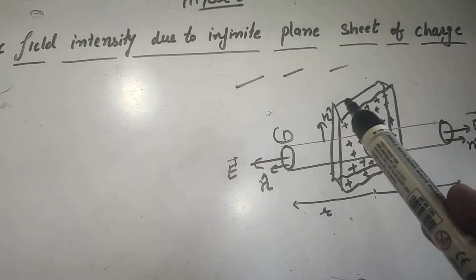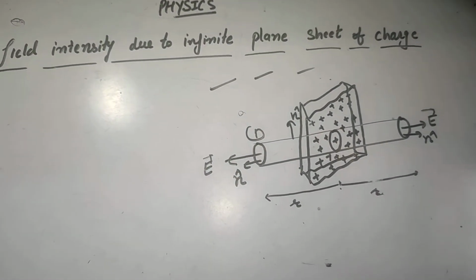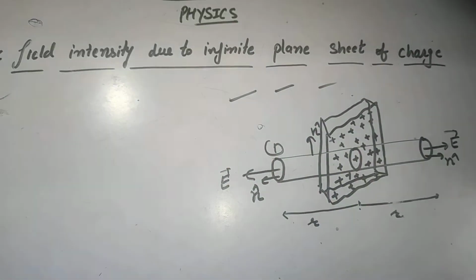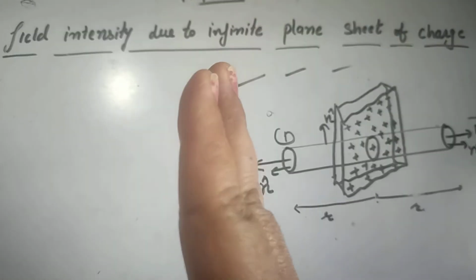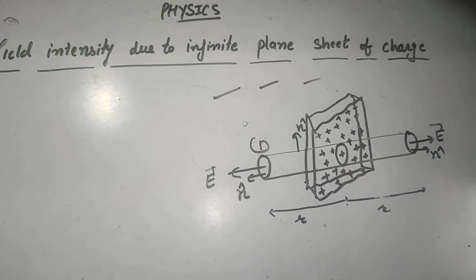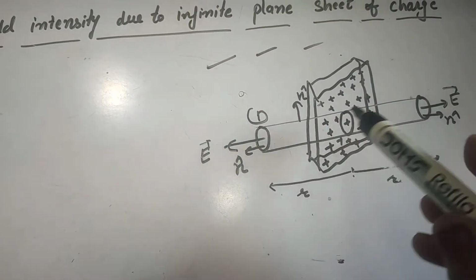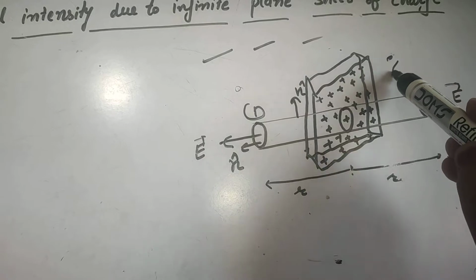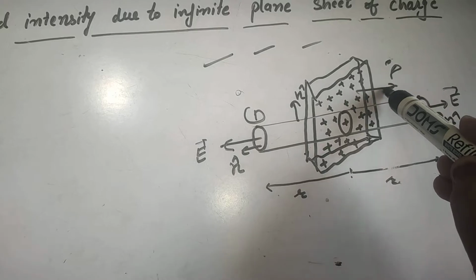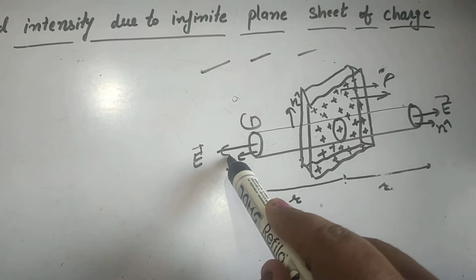Now if we are having a plane sheet of charge of uniform thickness, it means in that case that sheet will be having two surfaces, first forward and backward surface. Suppose my hand thickness is this, the first surface, this one and this one, both the surfaces are this. So in that case, since we are having two surfaces and we are going to find out the field intensity at point P due to first surface and the backward surface. So field intensity at this point will be E1 for the first surface and E2 for the second surface, which is at the back, right?